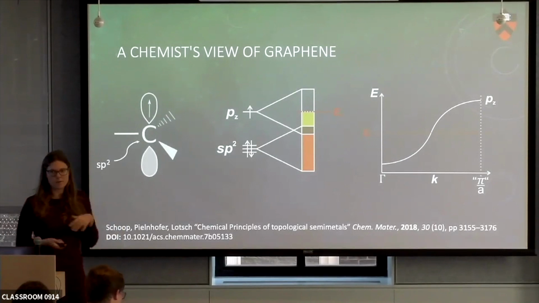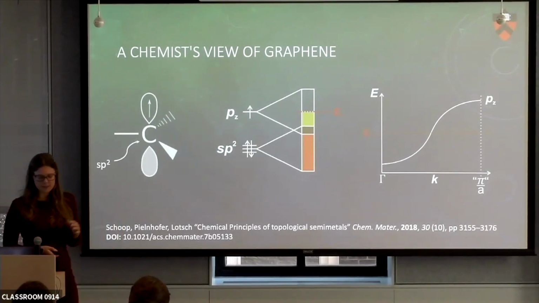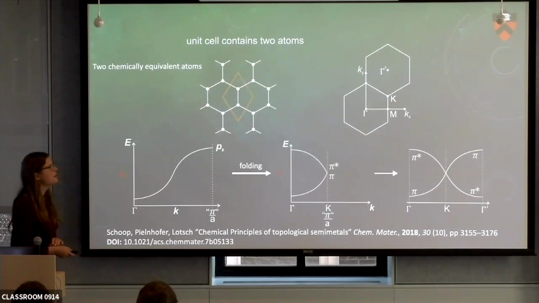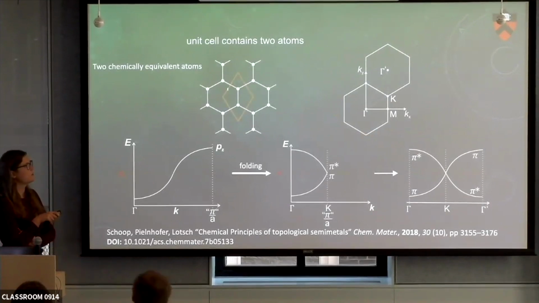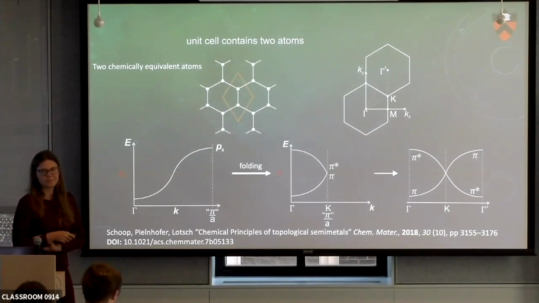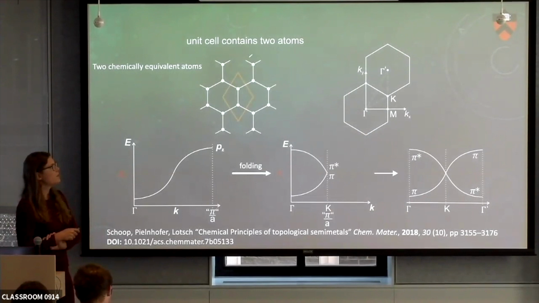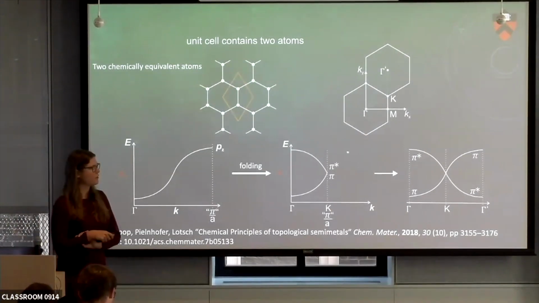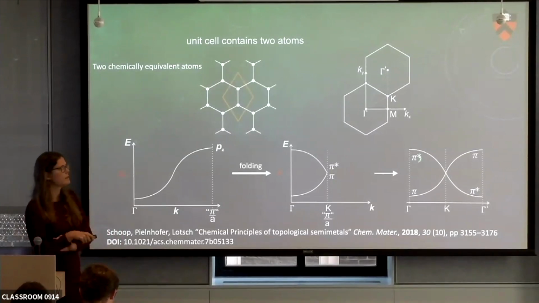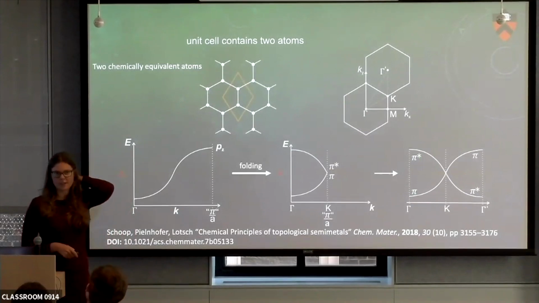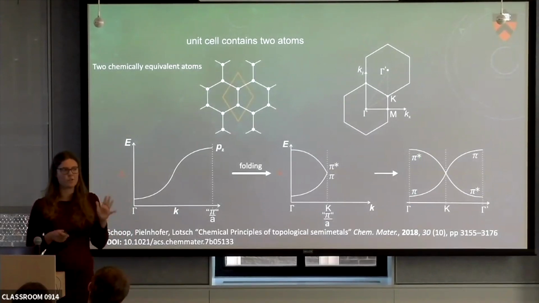But chemical intuition tells you why graphene is a metal, not necessarily why it is a topological semimetal. You will only see that if you look at the crystal structure, and you all know this very well: there are two atoms in the unit cell of graphene, which are chemically equivalent. Because they're chemically equivalent, we learned from Roald Hoffmann that this requires folding of the band structure. If we now start folding it and extend it to another Brillouin zone, you get a really rough sketch of a Dirac cone. Of course, this is not the accurate band structure of graphene, but it captures the features we have.